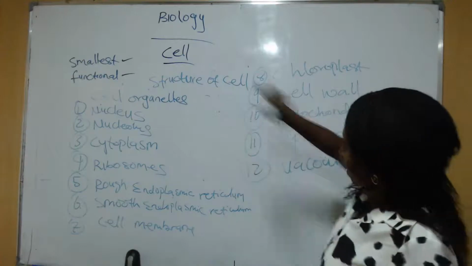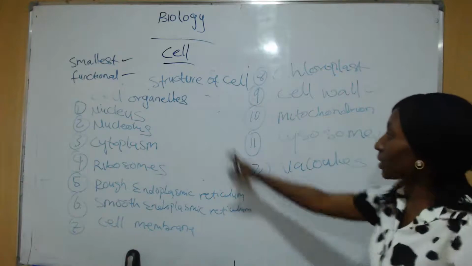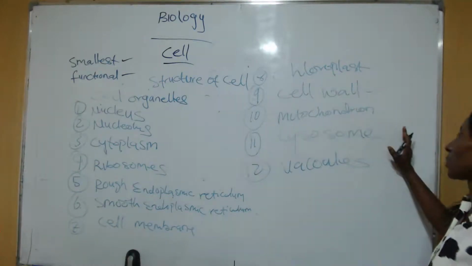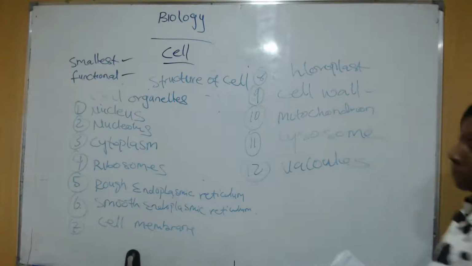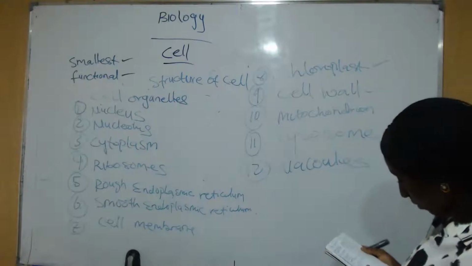Now, except the chloroplast and the cell wall, every other organelle you see here can be found in both plants and animals. But because of the difference in their structure, their function